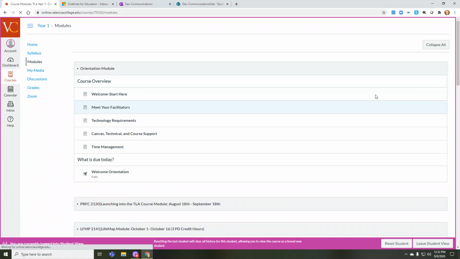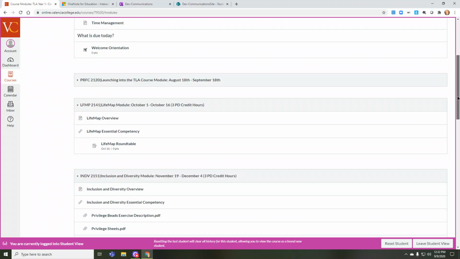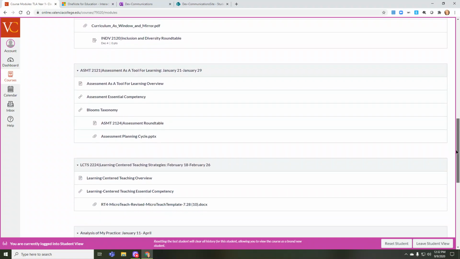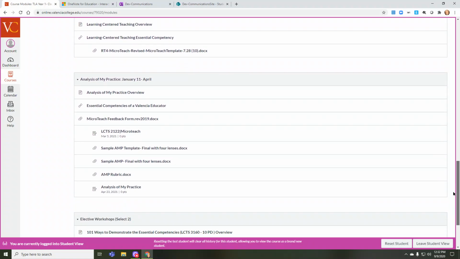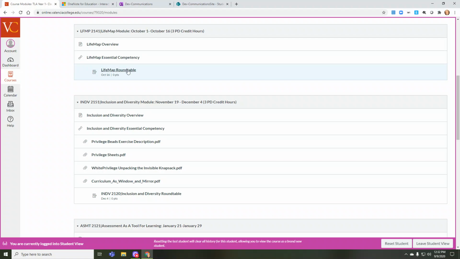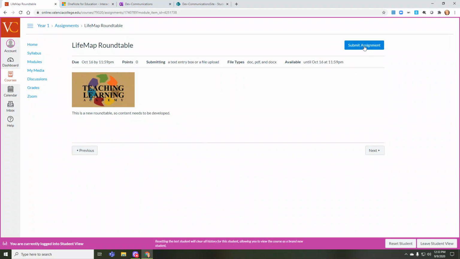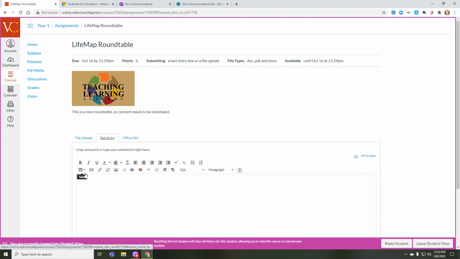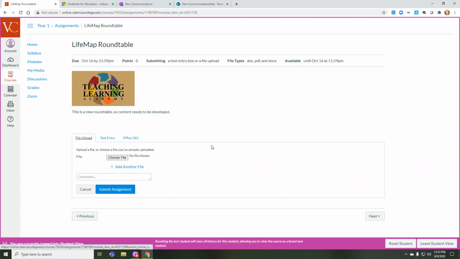And modules. Let's go back down to that assignment. Up here. Yes. Okay. Click here. Now when I click on submit assignment, note there's file upload, text entry, and Office 365, right? Now if you wanted to have students submit the URL, they can simply use text entry and paste the link here, right? An easier way to be able to support this, and especially if you wanted to limit that upload,